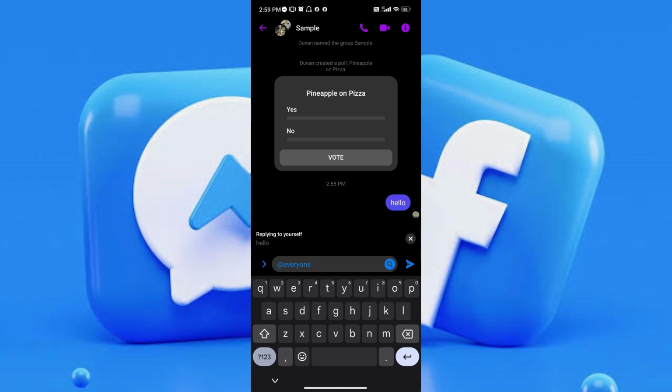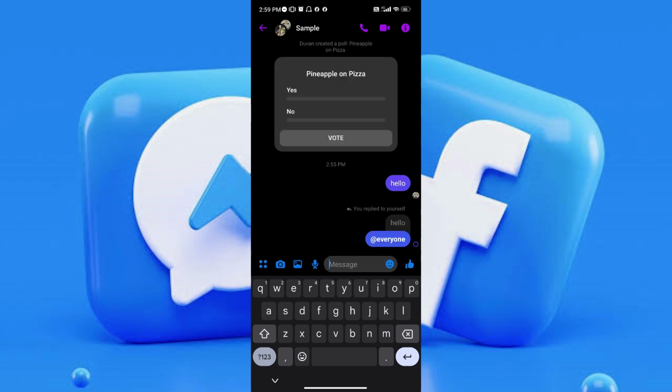Let's try. And once you've sent it, as you can see, everyone will be notified. And for the other way,